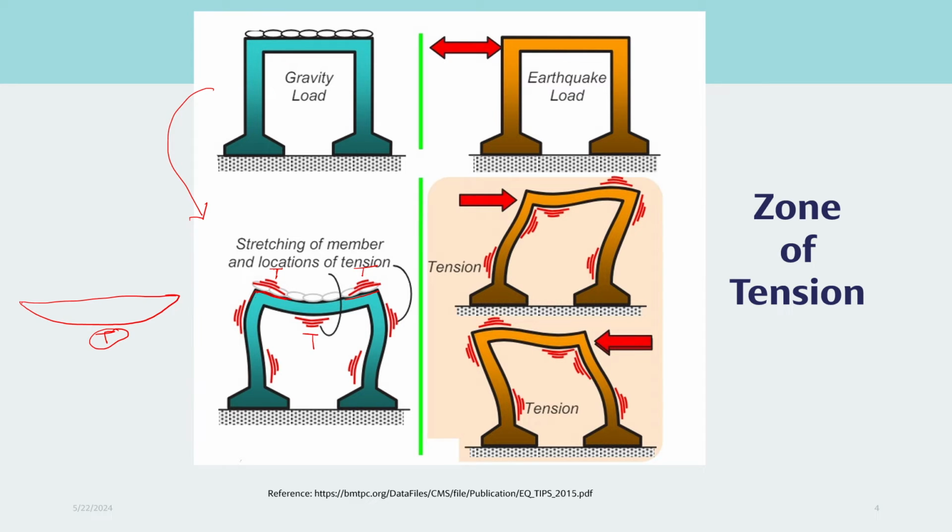So here you can see there is tension on this face of the column, and similarly on the opposite side, but at the base there will be tension. You can just mirror this effect, and you will see the effect on the second column. Now this is what vertical load does.